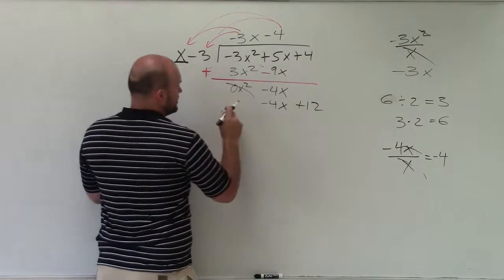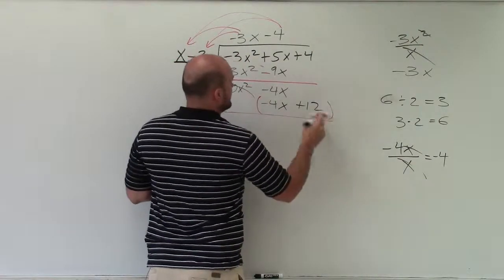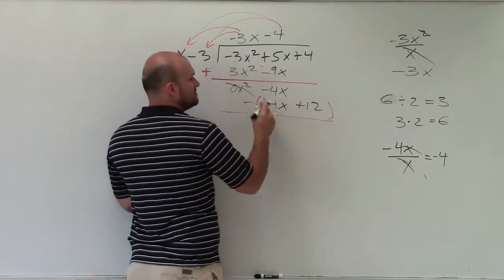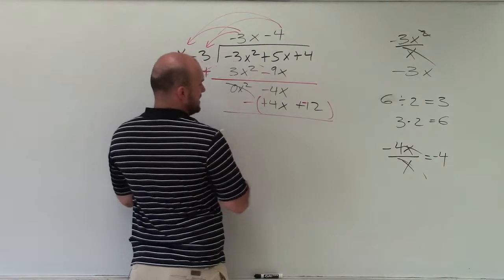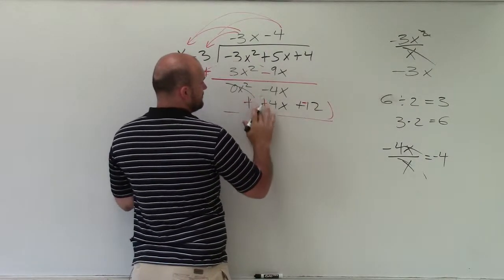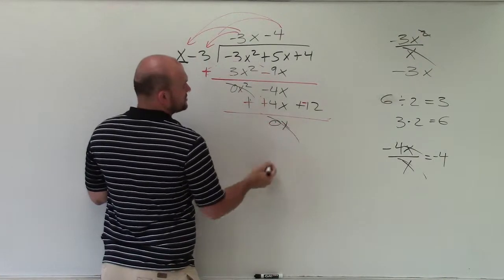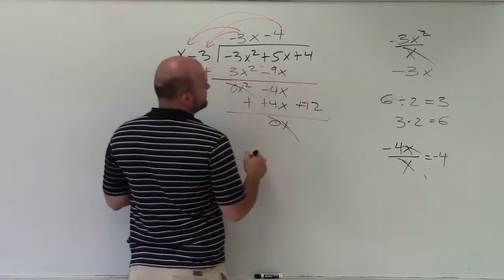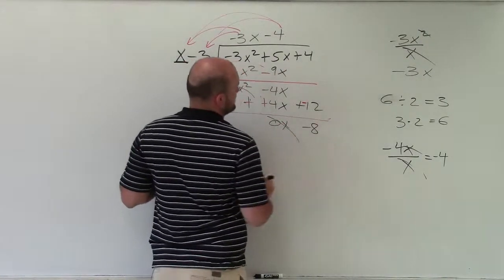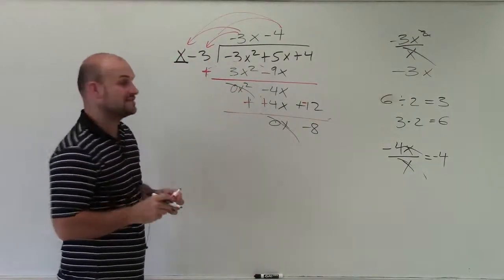Again, we have to make sure that we distribute the negative. So that becomes positive, and that now becomes a negative. Then we add them up. Negative 4x plus 4x is 0x, which is just 0. And 4 plus a negative 12 is a negative 8. So therefore, negative 8 is going to be our